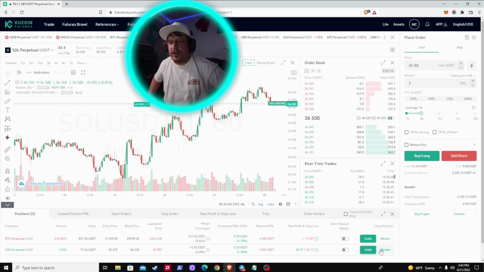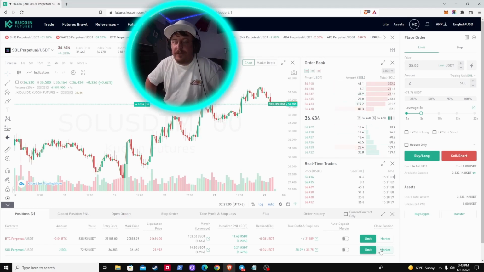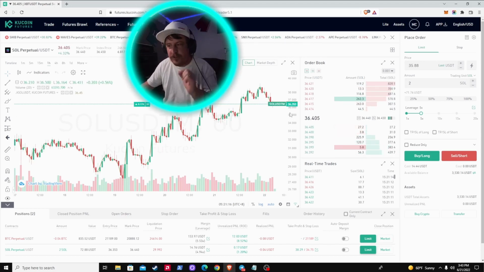I have been known to close my position sometimes with the market, especially if the market is not volatile, and I'm not that worried about a few cents here or there. And that matters more with the leverage you're using, right? If you're using super high leverage, well, every percent changes, fluctuates your profits by a lot, and that's when you'd want to really focus on limit. For me, I'm never using usually more than 5x leverage, and if I'm trading during a time like this where this coin's obviously just kind of dancing around the same prices, very, very little fluctuation, it's okay to use market in that case, but try to avoid it, for the most part.